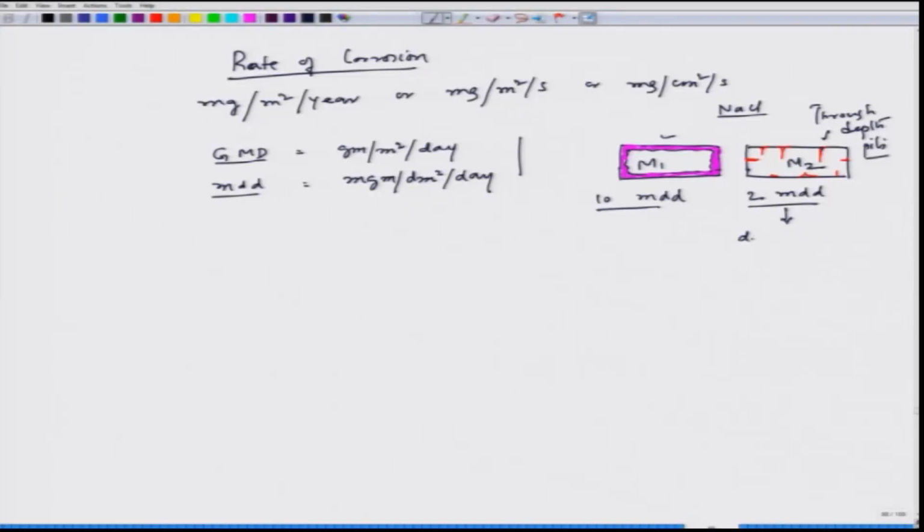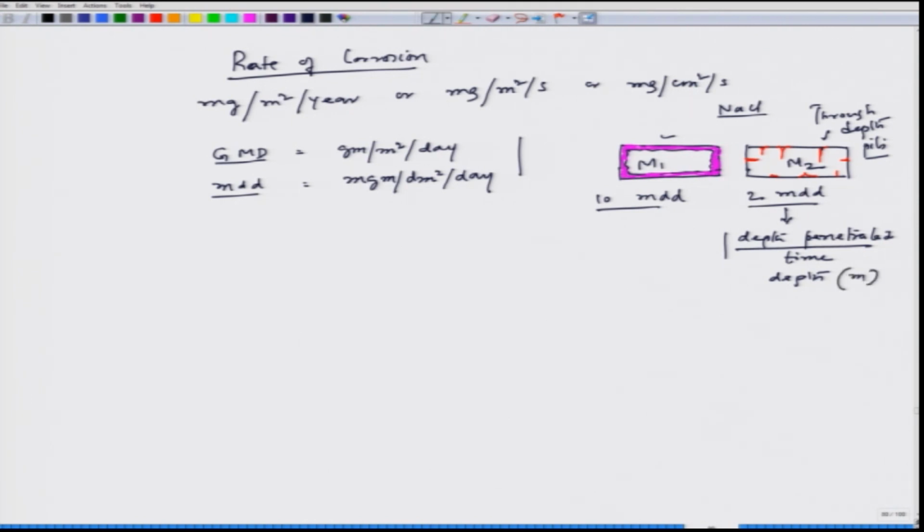And in order to understand the localized dissolution, we have to understand what is the depth that the solution has penetrated into the material. So, here the unit should have been depth penetrated per unit time. In that case MDD may not give us the actual information. So, now we have to consider a different unit, and that is basically depth